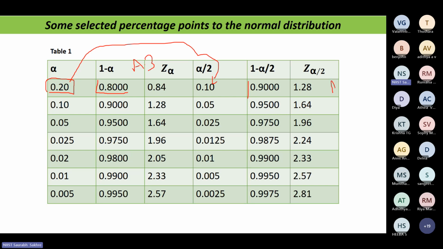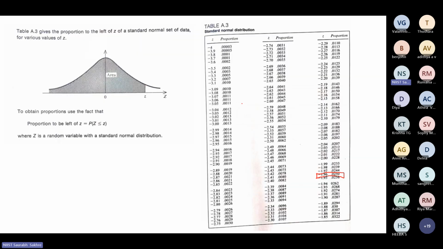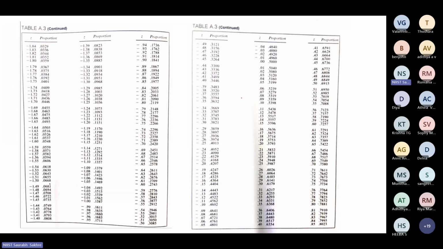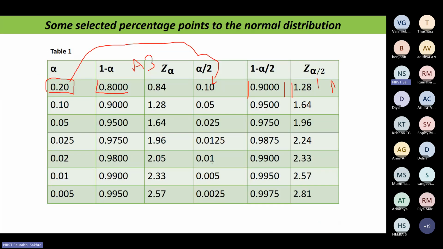So this is in the proportion column and this is in the Z table. You can see here, I have already mentioned to you, 0.800. I will take the smaller one, say 0.7995. Here you can see where I am making a circle. 0.7995. So it is almost equal to 0.800. Corresponding to that, my value is 0.84. So I have taken 0.84 here. Here you can see Z alpha. Similarly, you can see for other values also. Anyway, I have shared this with you. You just see whether all the values are correct or not. If some discrepancy is there, let me know.